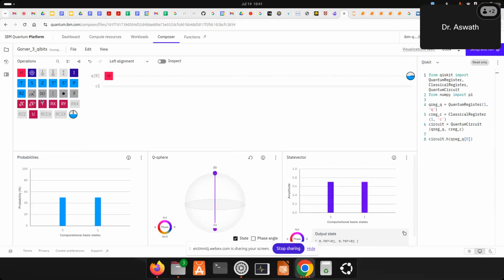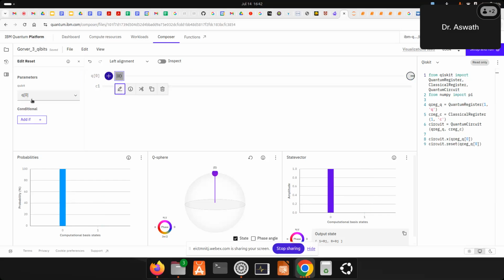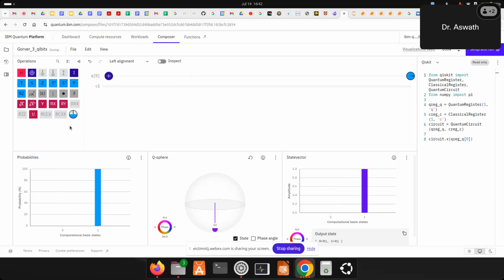Let's say a quantum state is starting somewhere here. It is in the one state. I want to force it to 0, and I don't want to use a gate. So I'll take this and put it here. You can also edit that to make whichever register you want become 0. You can edit from here. There is a dot, which does nothing. There is also an if condition you can use for programming.